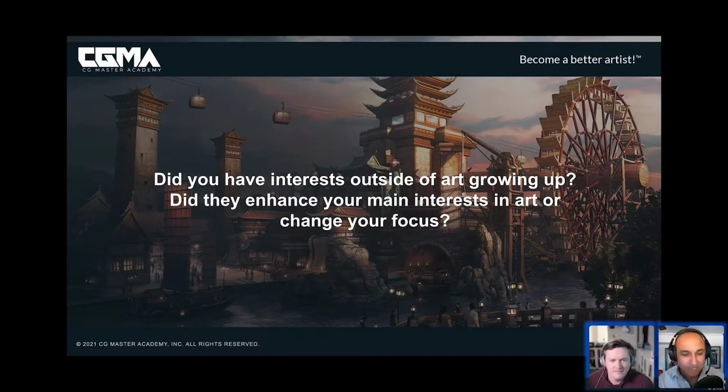Sometimes it's very single-minded in the beginning, and other times they rotate through a few different things. Like maybe I tried playing drums. I remember thinking I was going to be Neil Peart from Rush for 2 seconds. And then when I realized how bad I was, I gave that up quick. But I don't know for you. Do you cultivate any outside interests, and do they help with your main interests as an artist?